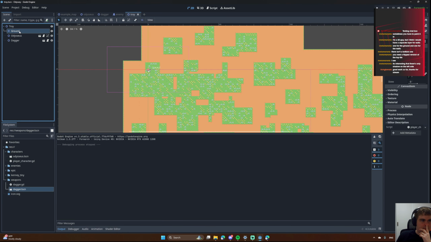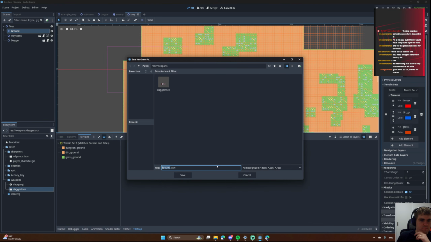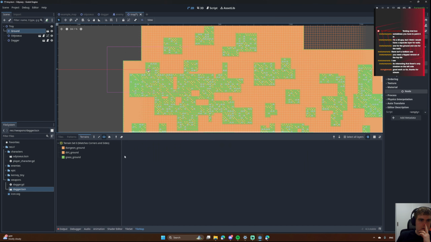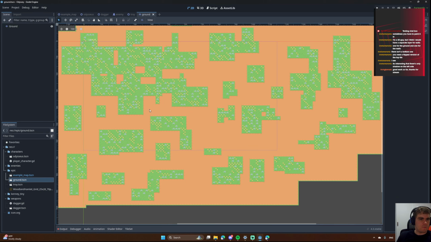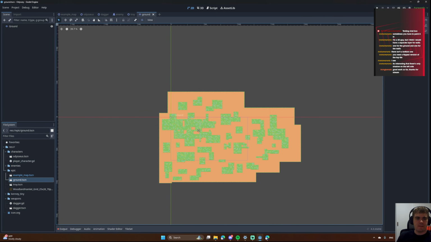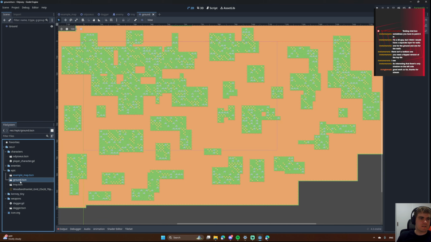Awesome. So there is now a tile set. If I save that, epic. So if I save that and then I open it up. Okay, so the ground is actually, yeah, it literally is the tile set. In which case I might as well make it